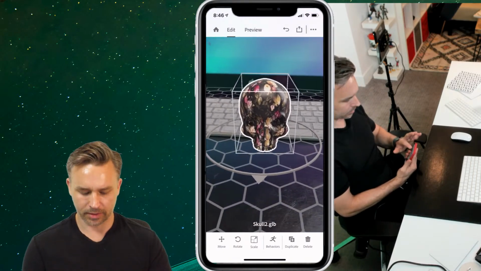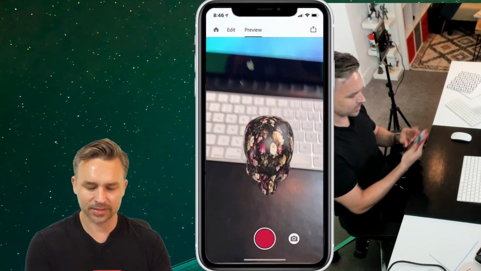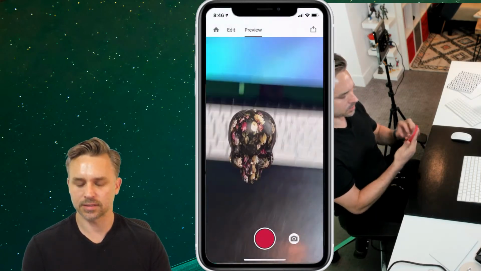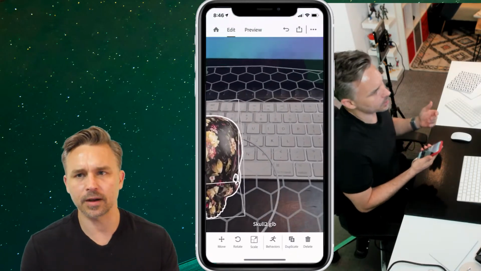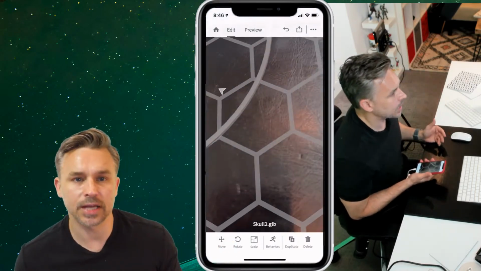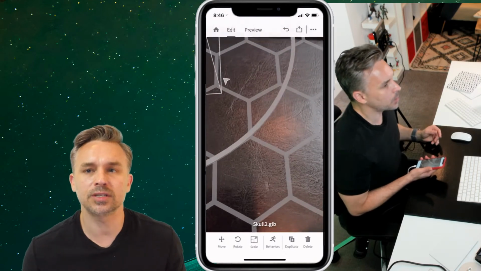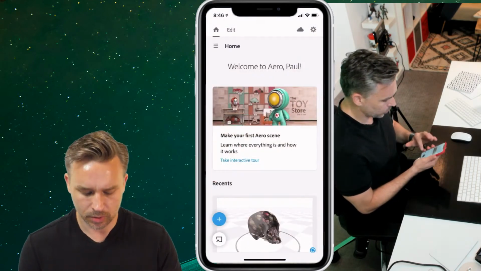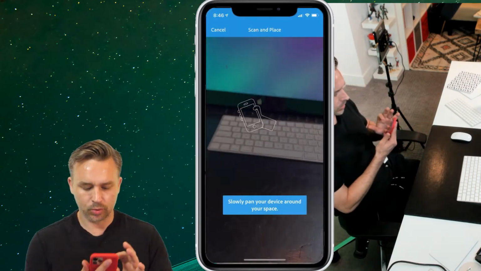I only got one trick, right? I only got one thing I do, I guess. But then again, there's that skull, and making that content is done in Dimension. So I'm going to go into Dimension, and then I'm going to go into Aero, and then I want to go into Spark AR, because we want to be able to make really cool things